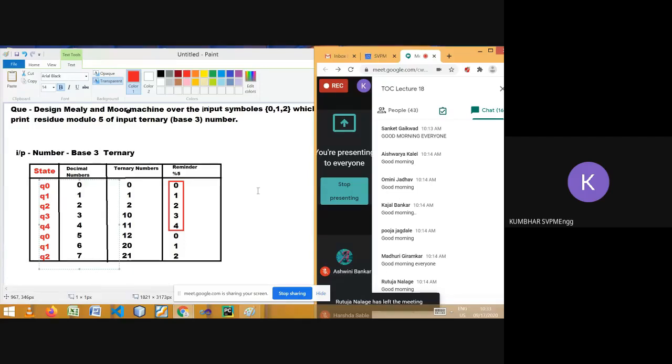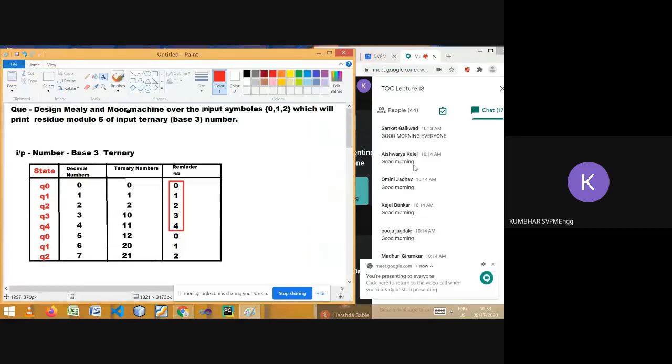Yes, because this logic will be helpful for you for deterministic finite automata and also for Moore and Mealy machine examples. So I hope this is clear to you. Shall we move next? Yes? Yes, sir. So from the given number system, when we want to divide it by 5, we are able to trace which will be the different states. So now let me draw those states and then we will check the transitions.